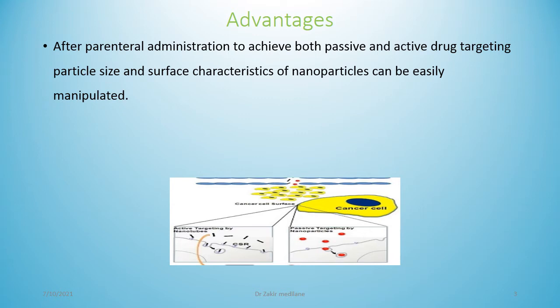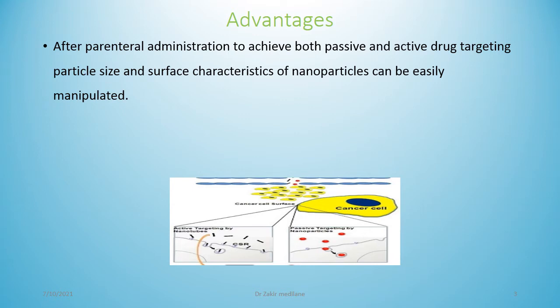passive targeting. If you go to the next heading, that is active drug targeting. In this active drug targeting, we can observe a significant increase in the quantity of drug delivered. In active targeting, the drug delivery is much more when compared to passive targeting. The drug is directly targeted to the target cell compared to the free drug. Normally, if we give the drug without the nanoparticles, that drug cannot accumulate, cannot penetrate, cannot deposit at the targeted site when compared to using the nanoparticle.